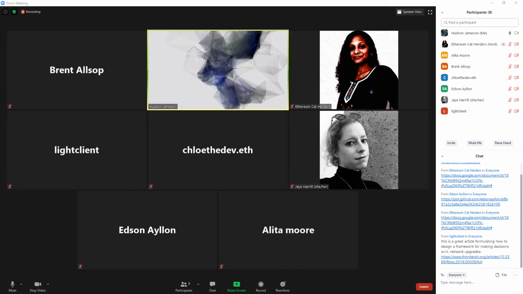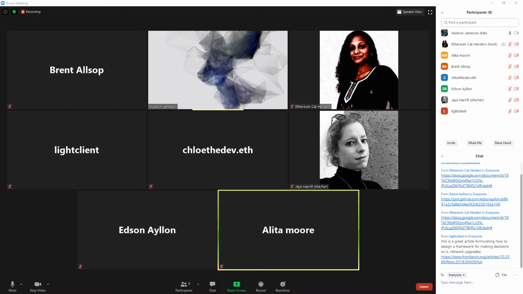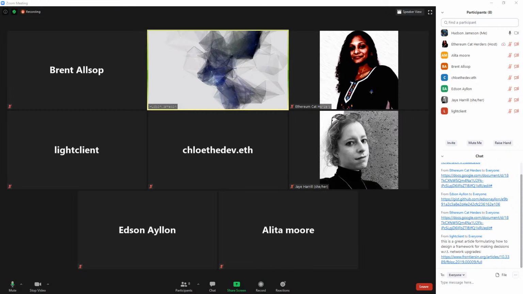Okay, so next up would be constraining the EIP repository scope, which we kind of were back and forth on a little bit. Yeah, I think we can skip that too, because it makes sense to wait for James. And since Light Client is here, we can go to the next agenda item we would like to hear.